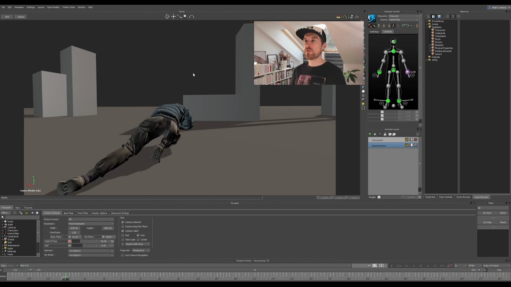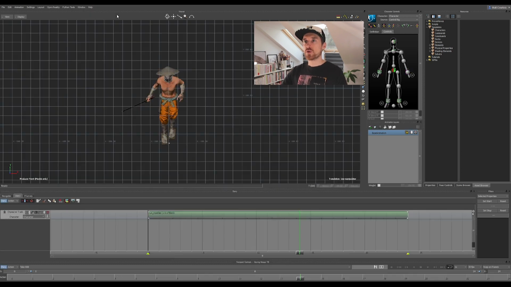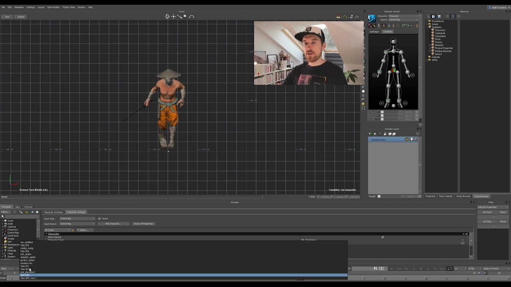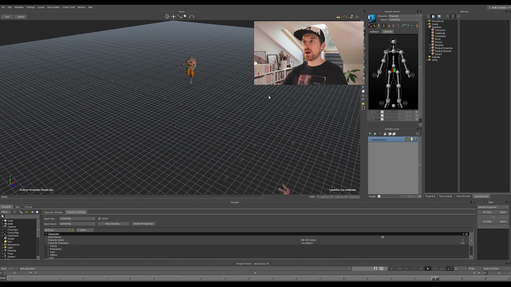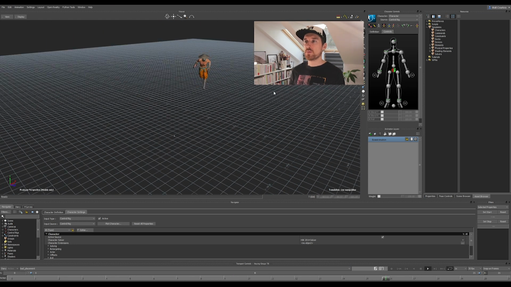The second most common function would be the repositioning mechanic. So I'm going to go back to the first file, which would be this one, and I've actually prepared a take called bad placement. I have a loop which is basically in the middle of nowhere, and even following a very weird angle. So what I want to do is reposition it to face the forward axis and make it so that the first frame is on 0, 0, 0.